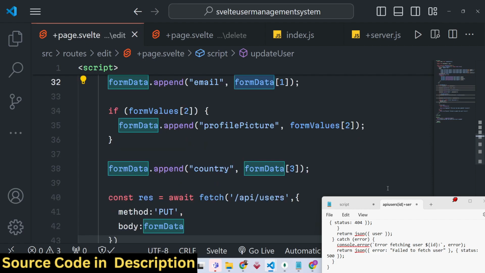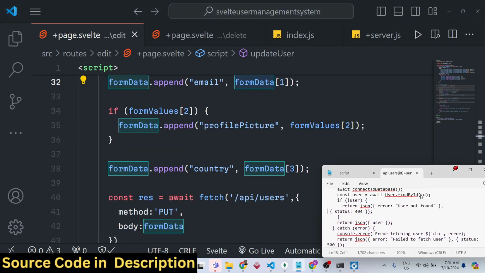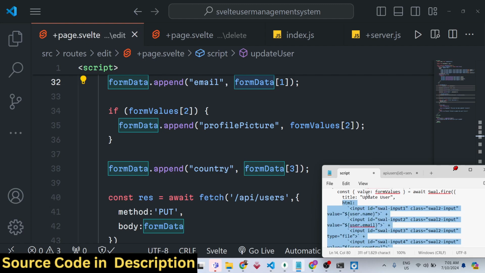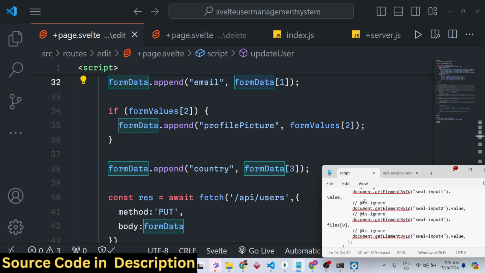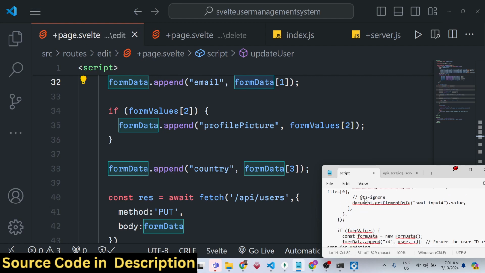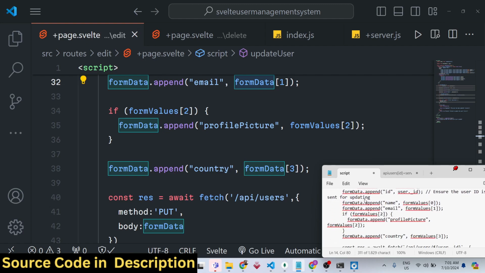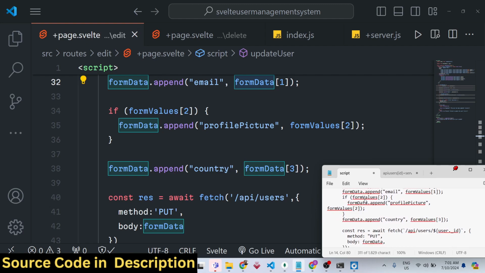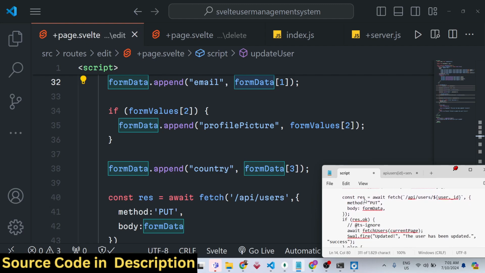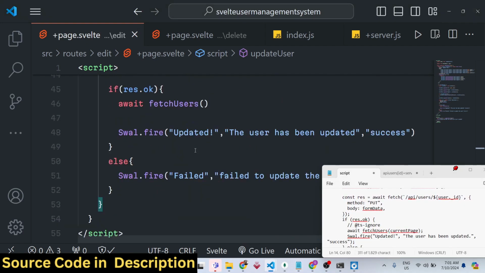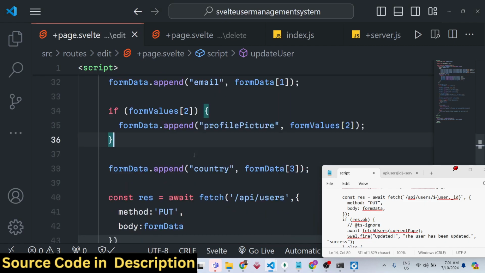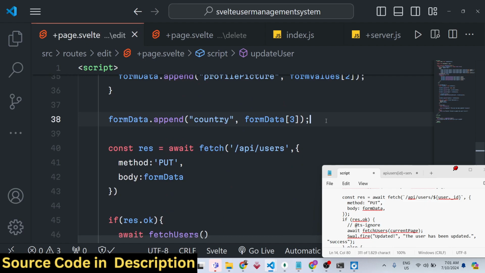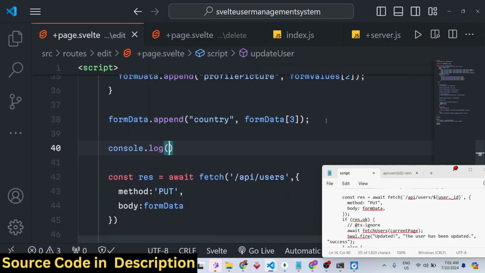This is for country. Just wait, guys. Let me see what sort of error I did. I think all the values I have written are perfect. So now, to cross-check, either we can see the form data values before we pass them, we can simply console log the form data right here,